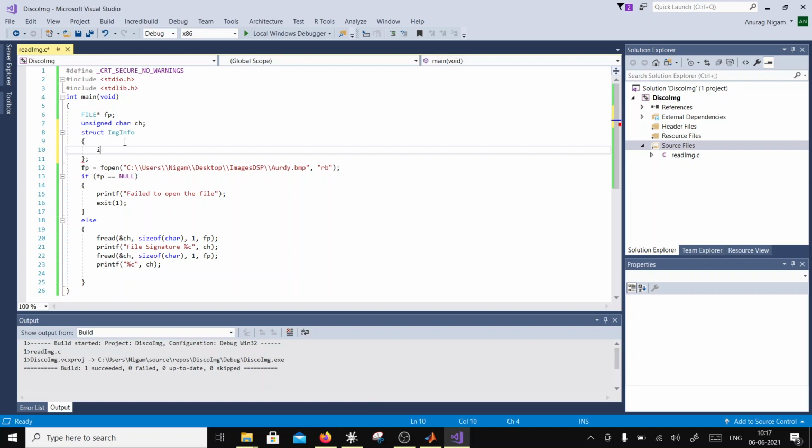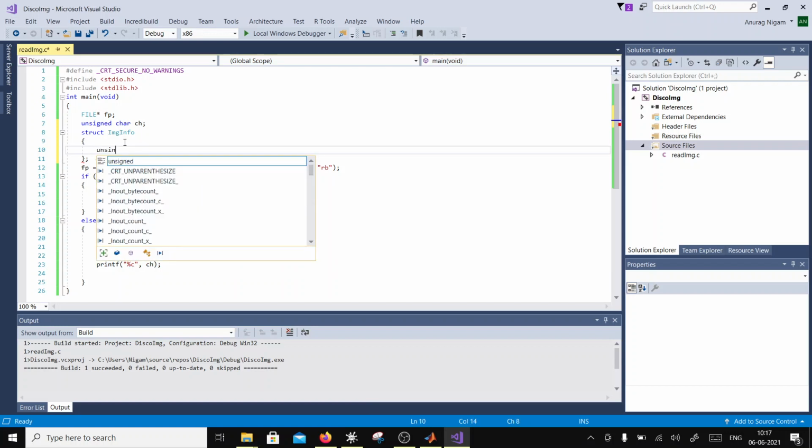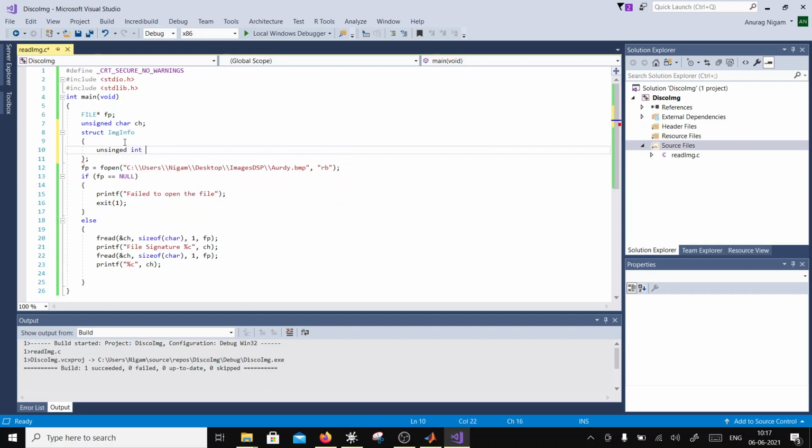So I'll say unsigned int fsz, or file size.